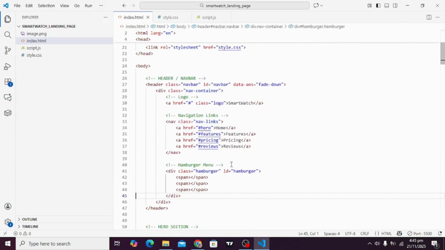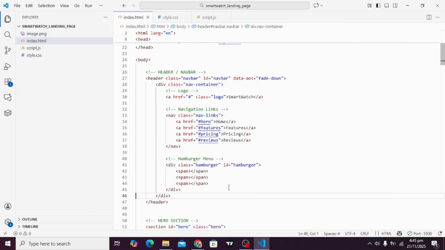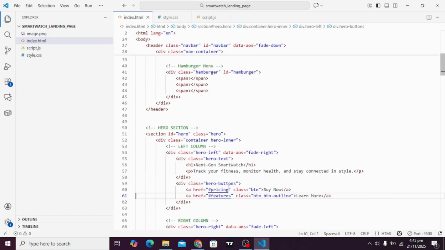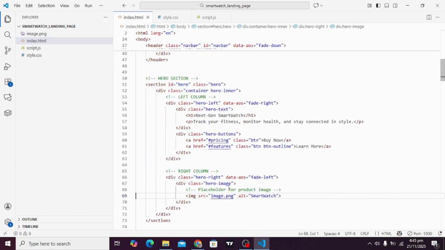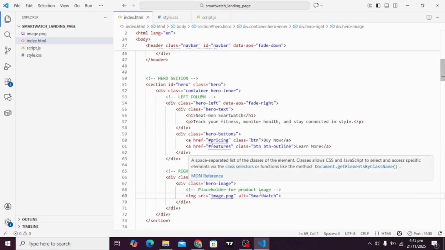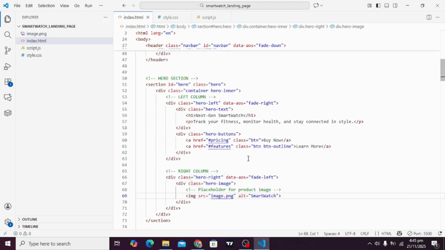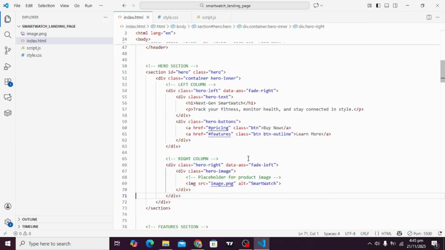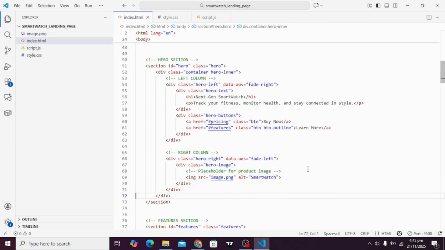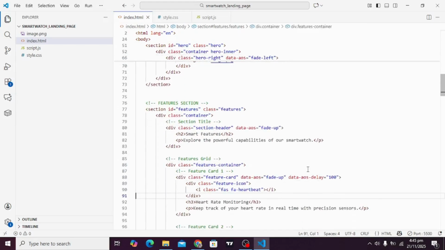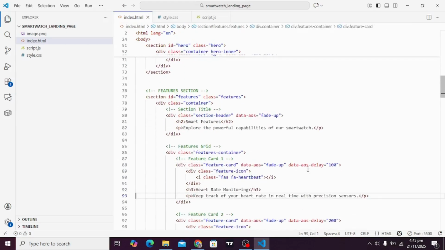Then we have a header where the logo, nav links, and hamburger menu structure are written. Next we have the hero section, where we have a left column and a right column. On the right we are showing an image, on the left we are showing text and a few buttons: buy now and learn more.